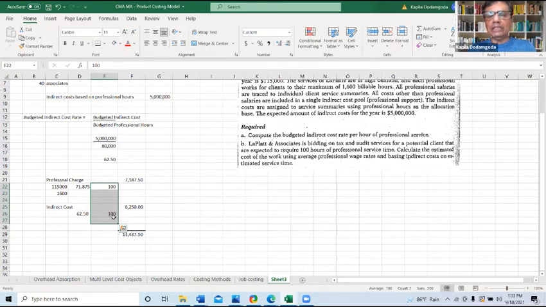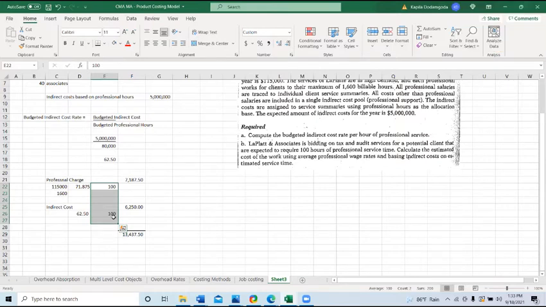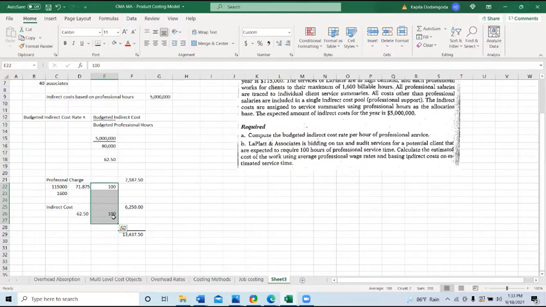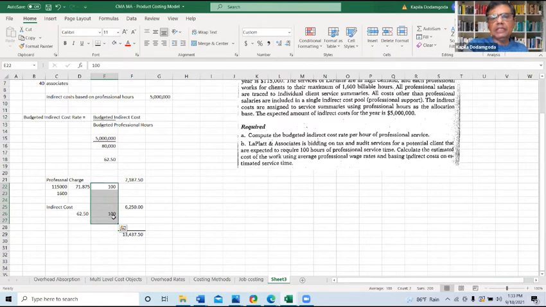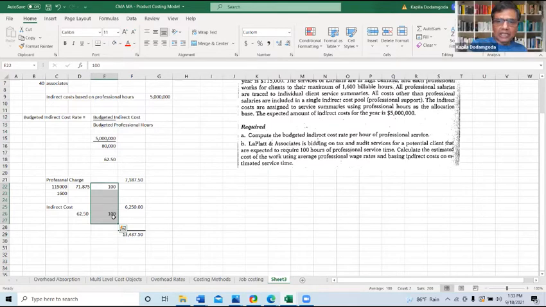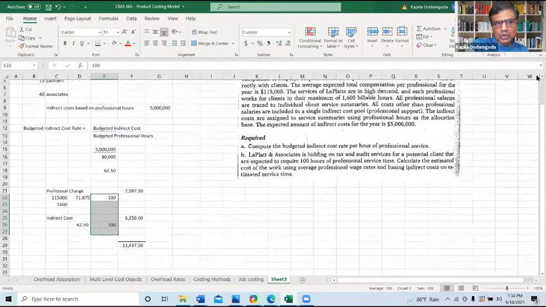But then what is wrong there? What is the problem there? If they divided equally by all the jobs? Different jobs may take different hours. Yeah, it's not an equitable method. One can be a very small company with less complications. Another one is a large company, a quoted company, where it can be different. So therefore, the time consumption, the burden on the overhead, will be different. So that is not considered. So therefore, this seems to be a better scenario, right? This seems to be a better approach to do this.